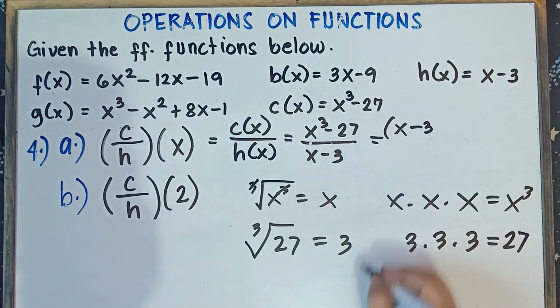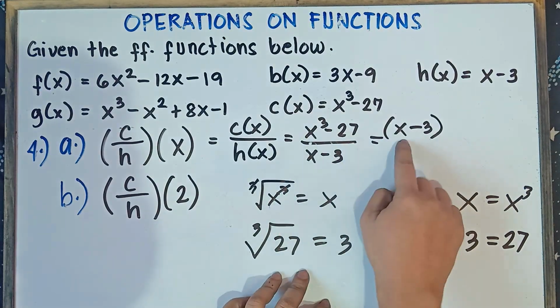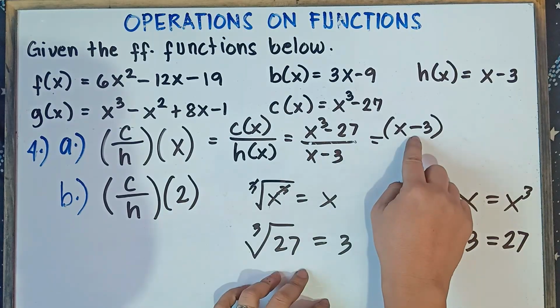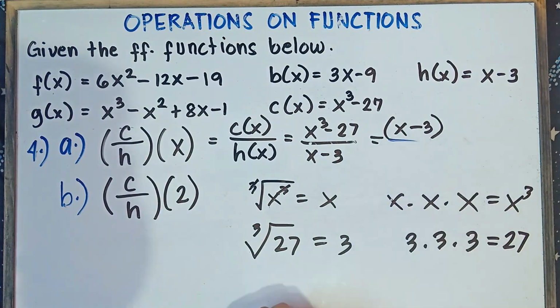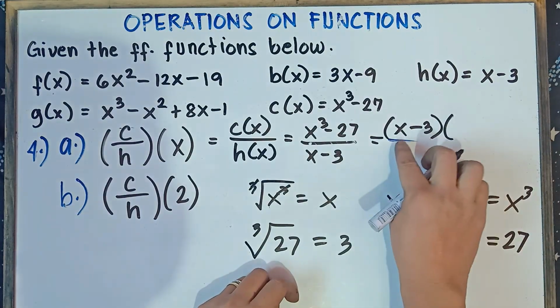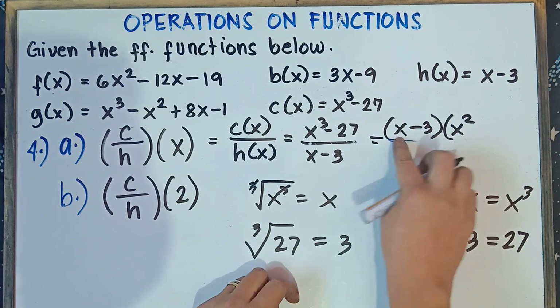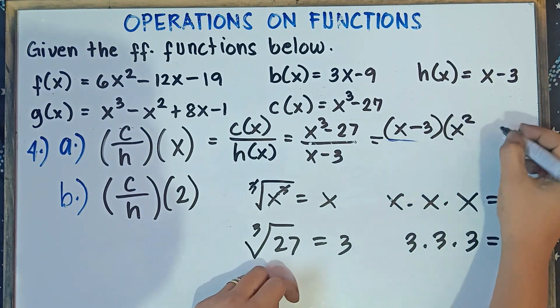Simply copy minus sign, put close parentheses. That would be our first factor, class. Get the cube root of the first term, x. Cube root of the second term, that would be 3. Copy the sign, minus sign. This will be our guide for the second factor. Get the square of the first term, x times x, that would be x squared. Multiply the first term and second term, x times 3, that would be 3x.